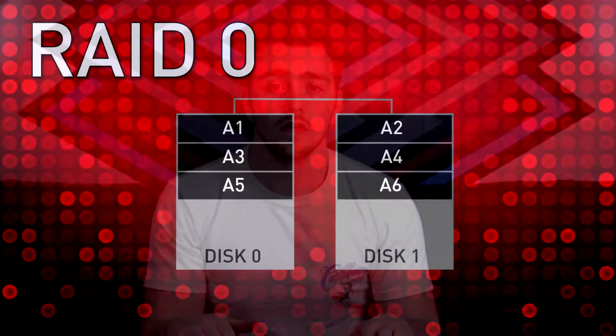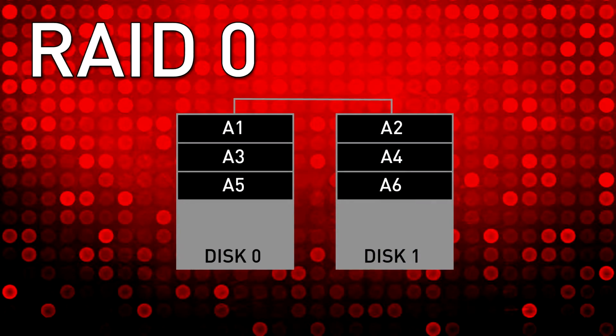What type of RAID you should use really depends on your own situation. RAID comes in many different variants. The most common RAIDs are 0, 1, 5, and 10, and these are the ones we're going to be going over today. In a RAID 0, the size of the volume is dependent on the sum of all the drives